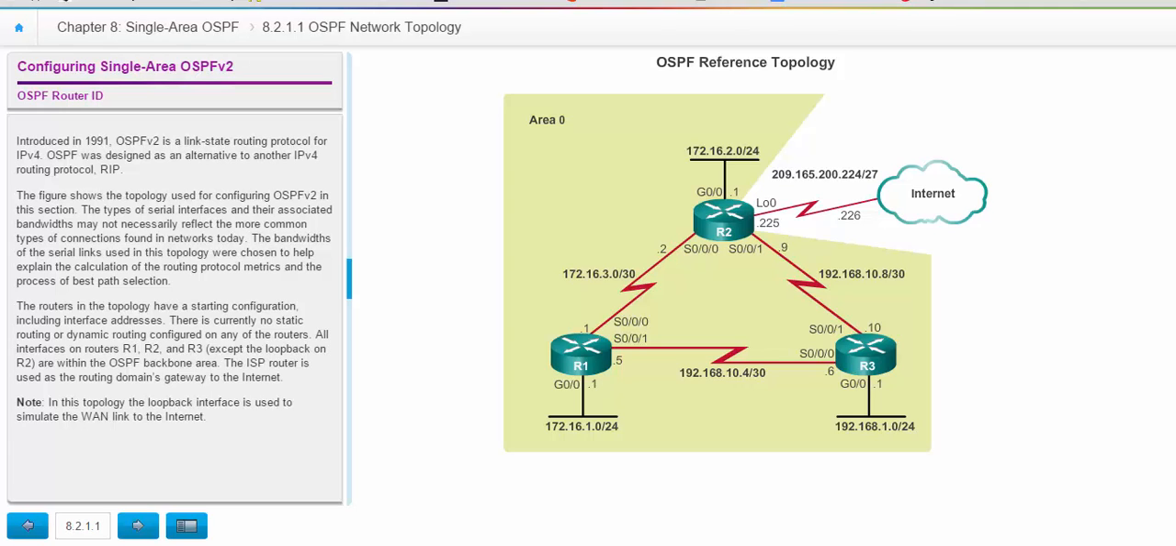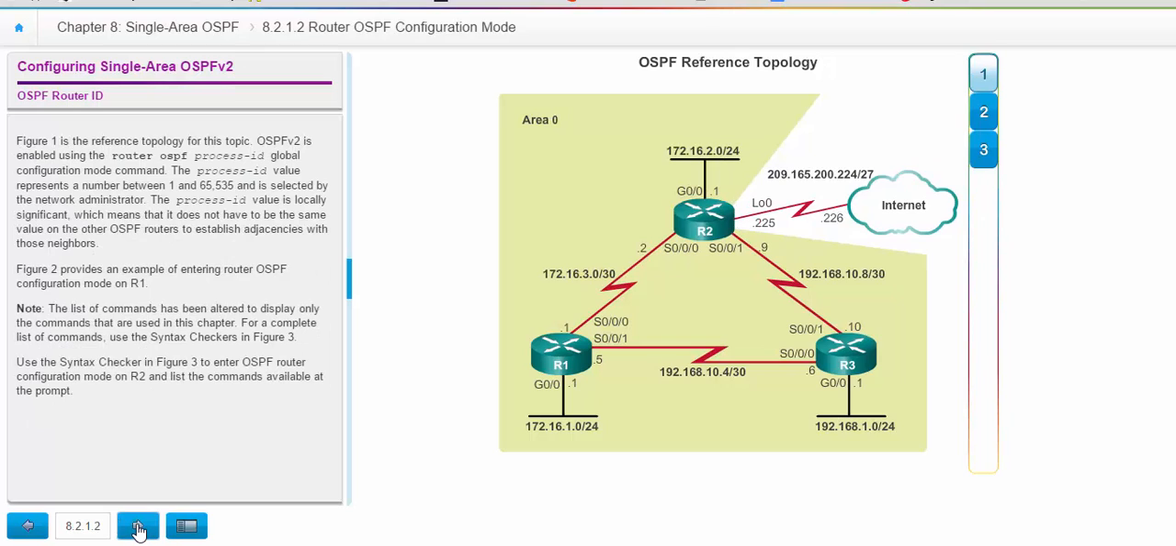OSPF version 2 was introduced in '91, and it is a link state routing protocol. It was designed as an alternative to another IPv4 routing protocol, and that was RIP. So keep in mind this topology that we're going to work with as we go through and discuss single area OSPF. With the topology that we're showing here on our 3 routers, we're going to have OSPF version 2 enabled,